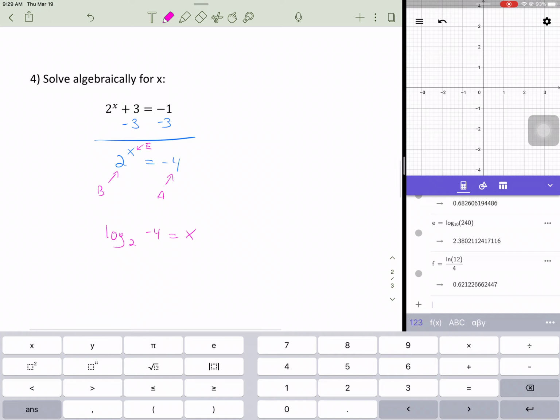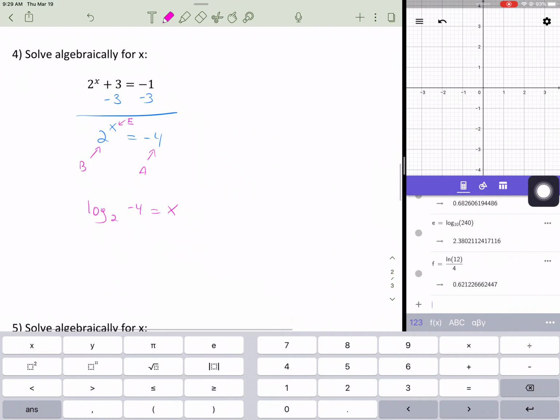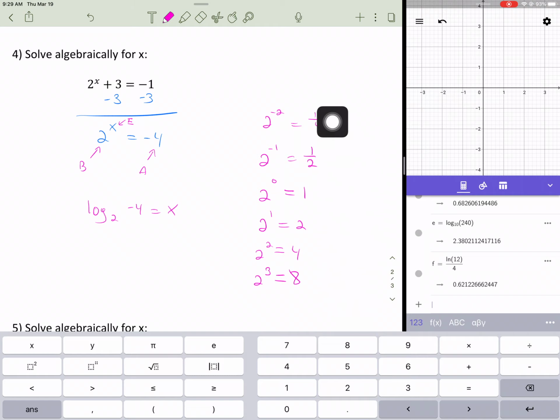So again, before you even put it into the calculator, think about this. 2 to what power is negative 4? Well, it's kind of weird because 2 to the first is 2, 2 to the second is 4, 2 to the third is 8, 2 to the 0 is 1, 2 to the negative 1. You kind of see the pattern, right? Divide by 2 each time the exponent goes down by 1, so you get 1/2, 1/4, and if you keep dividing, 0.5 divided by 2 is 0.25, divided by 2 is 0.125, divide by 2,